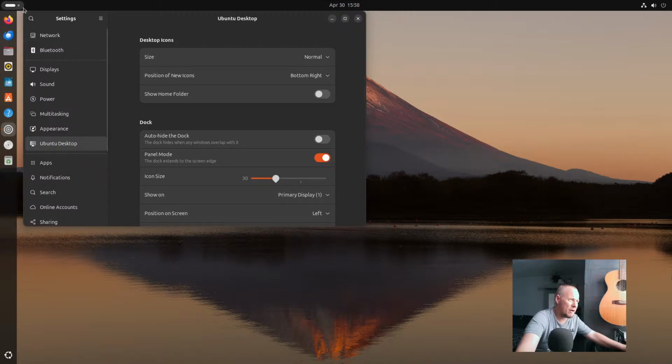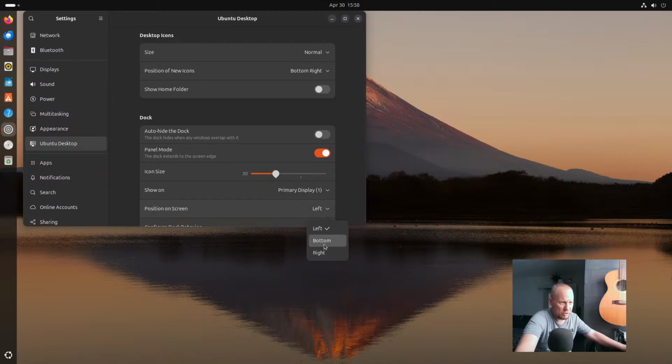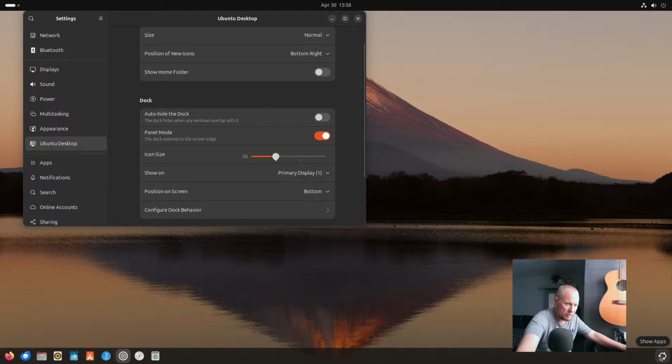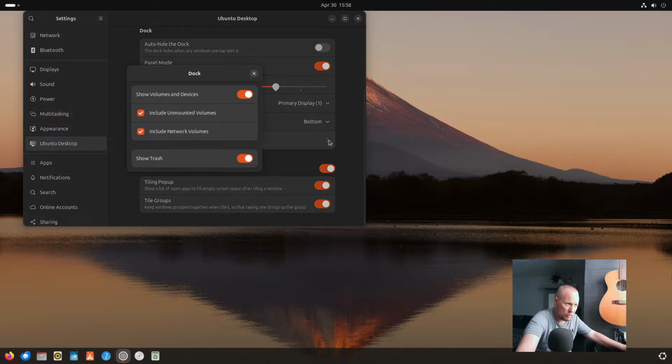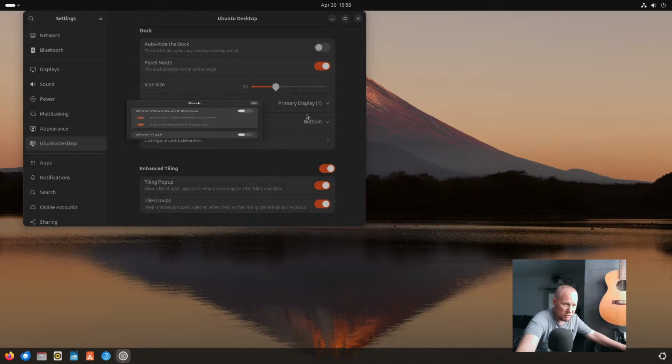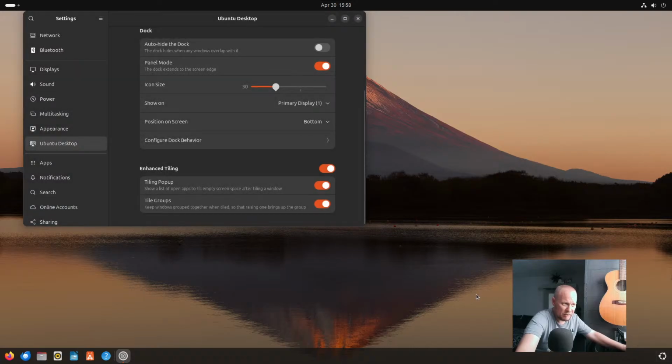They should have an icon of some sort right up here or something. I think. You can put it on the bottom, except there. Is there any way to include unmounted, show trash, yeah, show volumes, yeah,